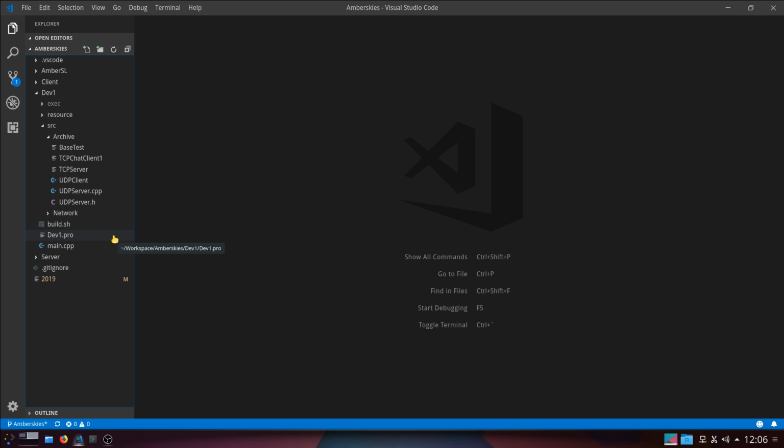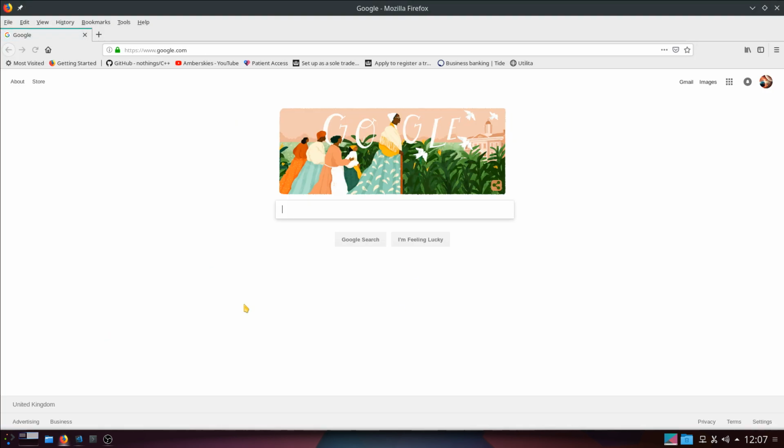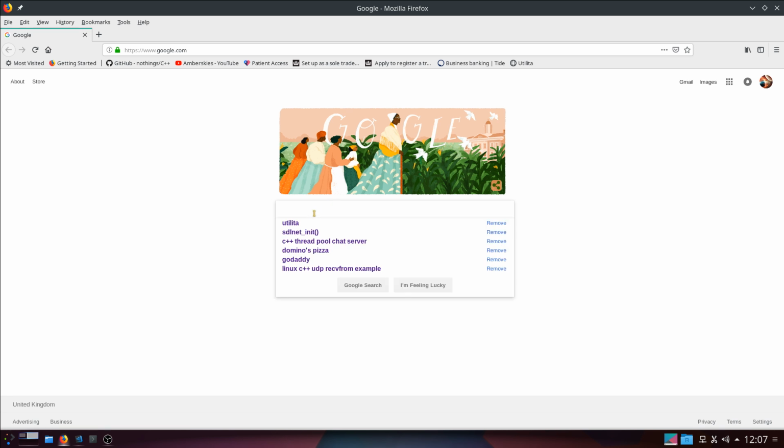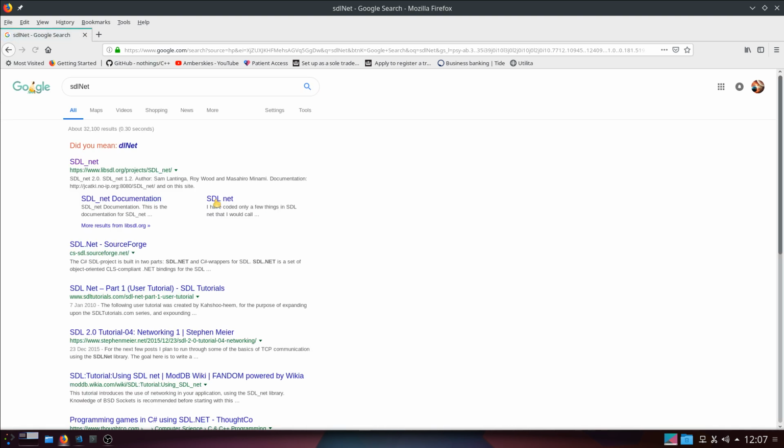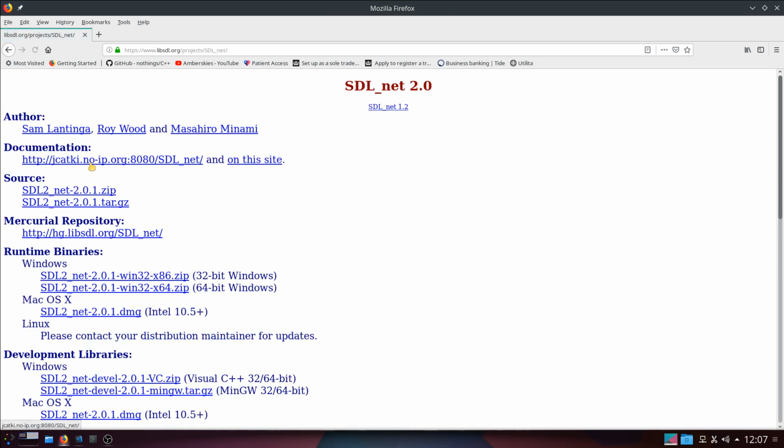But SDLnet is separate. Okay. I'm testing out, by the way, my new screen, so it should be bigger and better for you people. So let's have a look at that, shall we? SDLnet. libsdl.org projects SDLnet. Here we are.